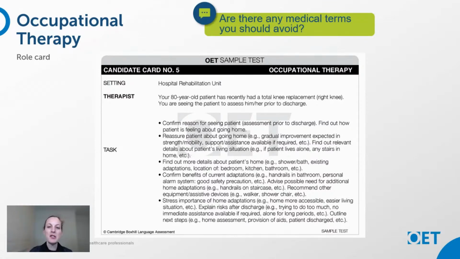The other question I would ask myself is, thinking now in terms of the patient, are there any words on the card that the patient would be unfamiliar with given the context of the conversation? So, for example, if you had a role play where the patient has just been newly diagnosed with a condition, they're unlikely to be familiar with the medical terminology that goes with that condition, and you might need to explain